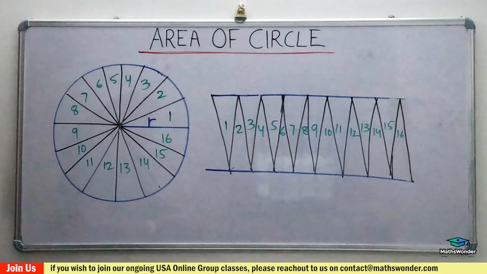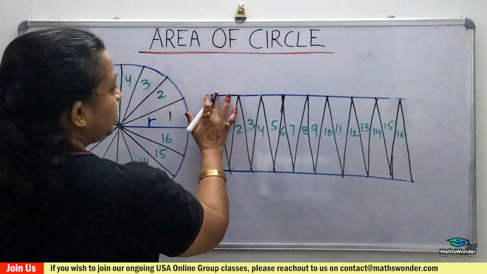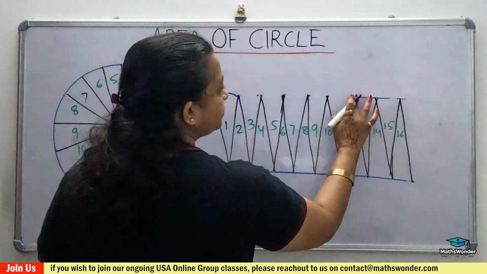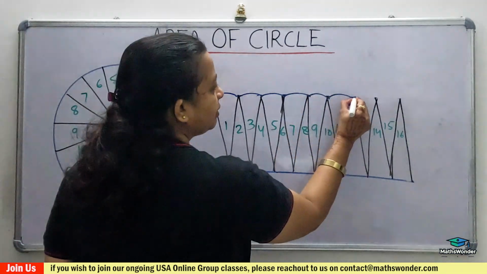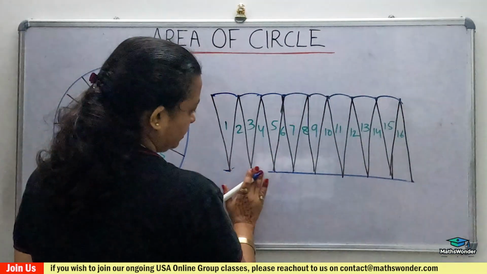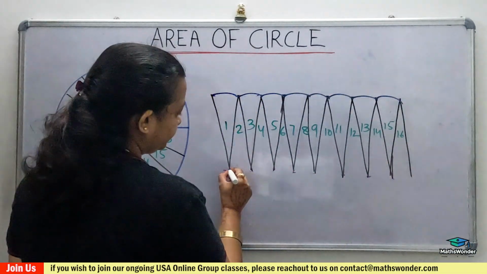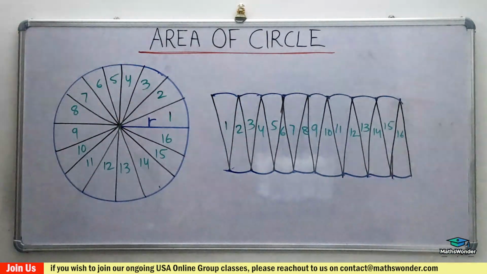Okay. Now these are the strips. Now what next? After pasting the parts, the figure looks like a parallelogram. How will it look? Parallelogram. A little curve will come. Why? Because this is the circle, right? So when you paste it here, it will come like a circle. You will observe a little curve here, okay? But it looks like a parallelogram.